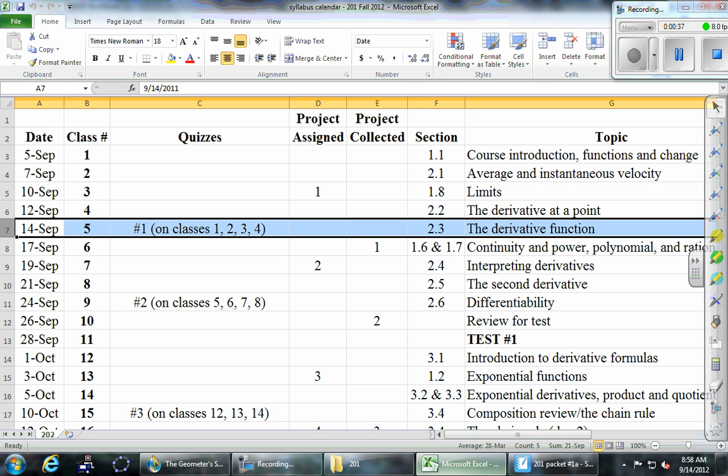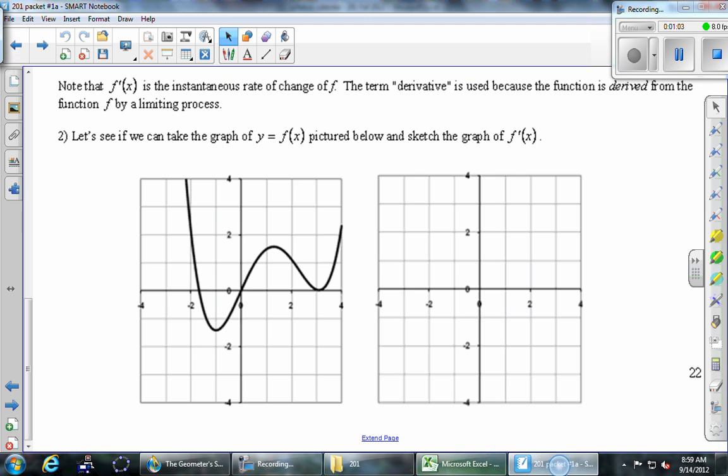Project number 1 is due. I just want to be clear, and I should have mentioned this at the outset with project number 1. On all projects, you are welcome and encouraged to talk to your neighbors, talk to the people in this section, talk to the people in the other section, talk to your friends, your family, random people on the internet, talk to whoever you want to. All I ask is that you credit your sources. Just say, I worked with so-and-so. That's all we need to see. But I think working together with people on the projects does everybody some good.